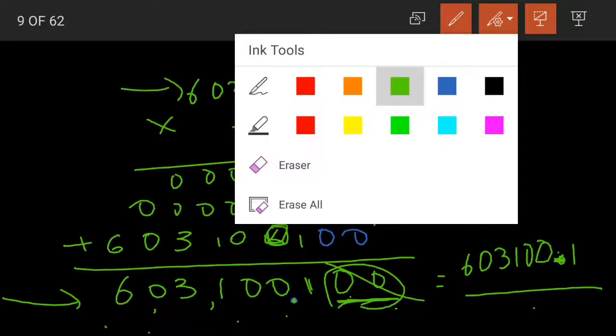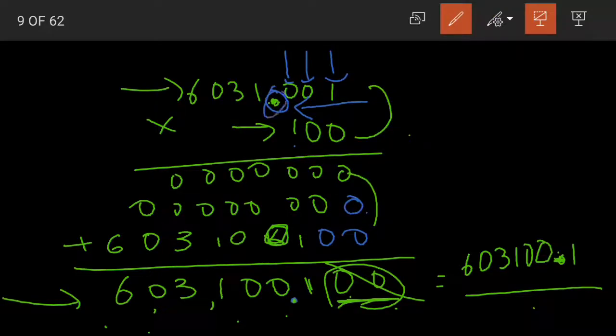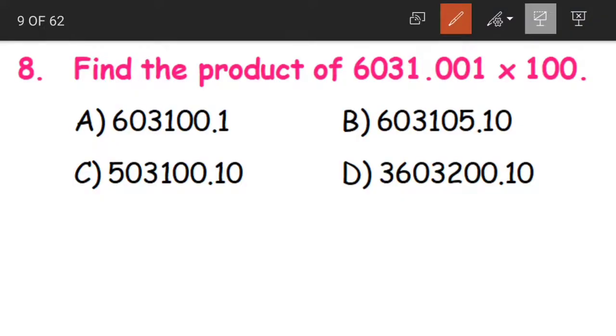We just multiplied it as a normal whole number, but for the final product we have placed the decimal point. Don't forget to place the decimal point in the product. After 3 digits from the right, we are having the decimal point. So even in our product, after 3 digits from the right, we have placed our decimal point.